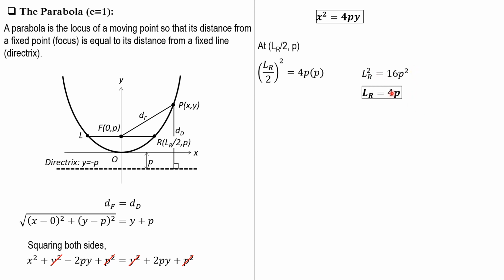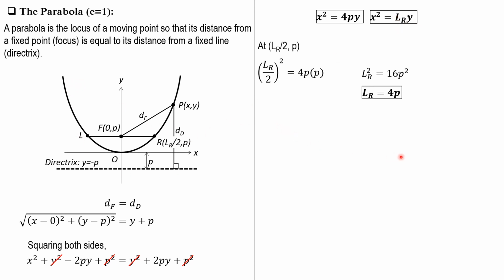And from there, the length of the latus rectum equals plus or minus 4P, but because it is a length, it should be positive. So the length of the latus rectum is 4p. So this is interpreted as the length of the latus rectum. That's why another way of writing the standard equation of this parabola with vertex at the origin and open upward is x squared equals latus rectum times y. Take note that the sign is positive because it is open upward.